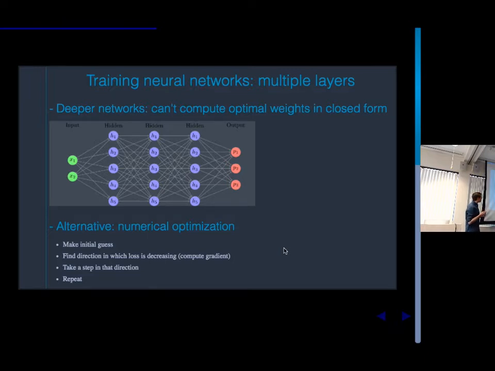We have some mathematical expression for our loss, so we can write down the derivatives with respect to all the different parameters. We'll go into this in a little more detail later, but at a high level, does that make sense to people, that by computing the derivatives, we can see how changing the different parameters will change our loss? And then if we have the list of all the derivatives, we can say, okay, if I update the parameters in this way, then I know that I'm going to decrease the loss. And then we do that, and we repeat, we see how much our objective function changed by, and then we keep doing it until we decide to stop. There are different ways to decide to stop.